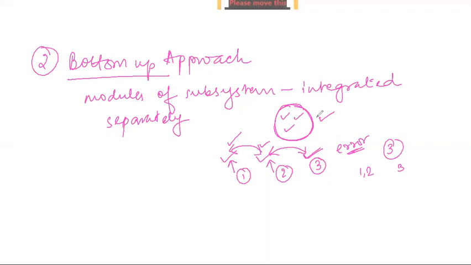But suppose this error had occurred where all three modules were tested at once. Then I would have first found out if there is any error in module 1, no. Then module 2, no. Then separately module 3, no. Then 1 and 2 combined, 2 and 3 combined. It will take a lot of time, and that time was unnecessary because in modules 1 and 2 there was no error. So this type of separate subsystem integration was developed in the case of the bottom up approach and top down approach. Is this thing clear?